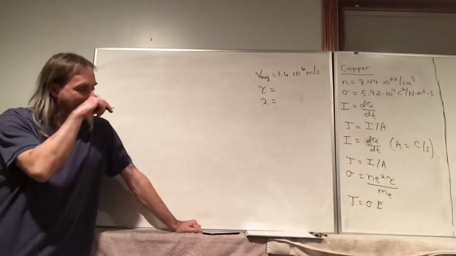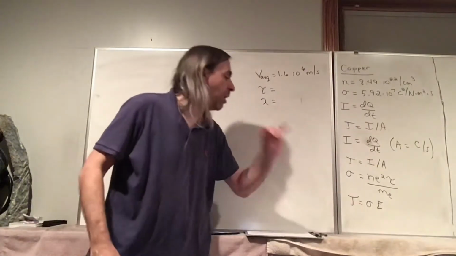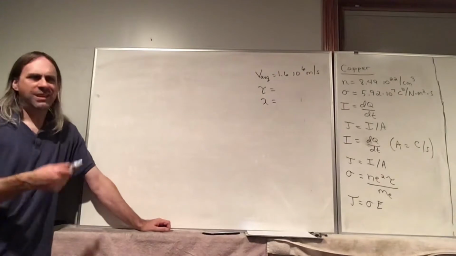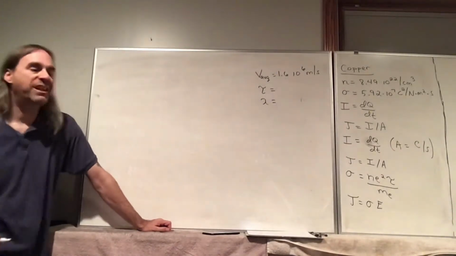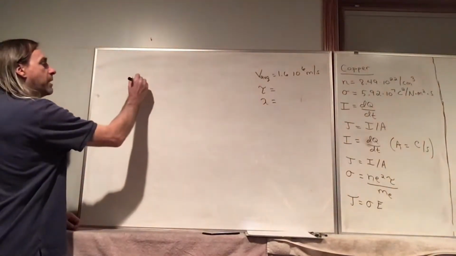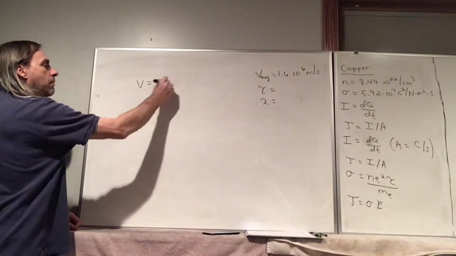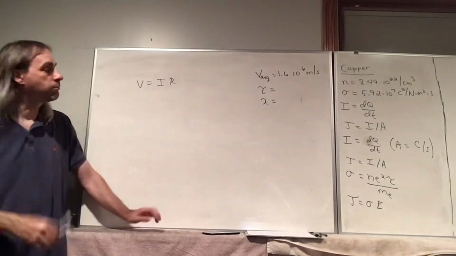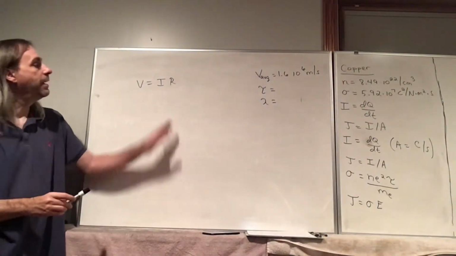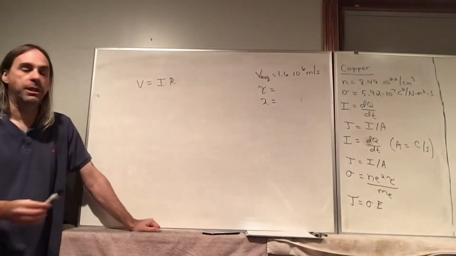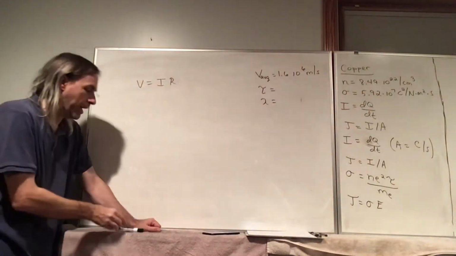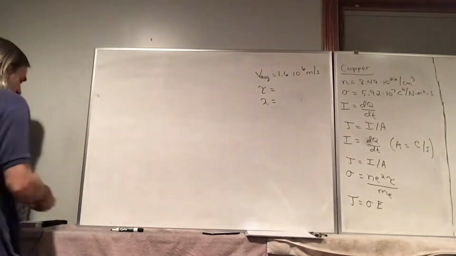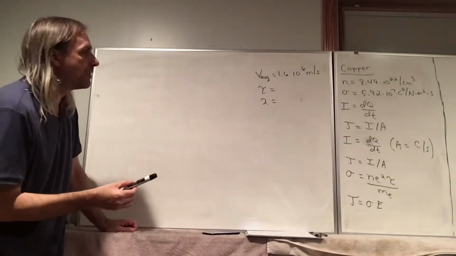And then from that we got Ohm's law, where the current density is proportional to the electric field. If you've ever taken physics before, you may have seen Ohm's law written like this. And these two are related to each other. We're going to see that in our next video, where we talk about resistance. So we'll get to this form later. But for now, I want to do a problem involving this electron gas,